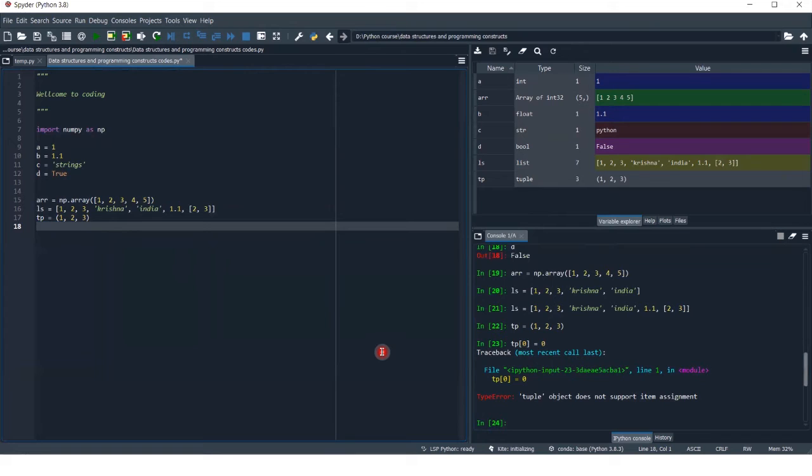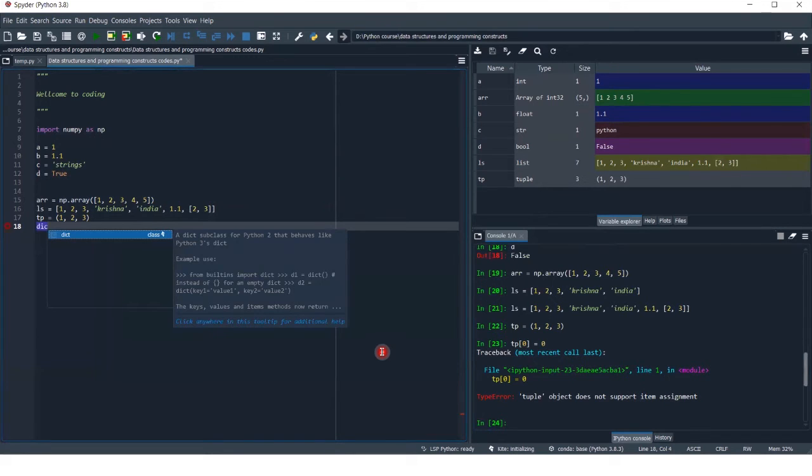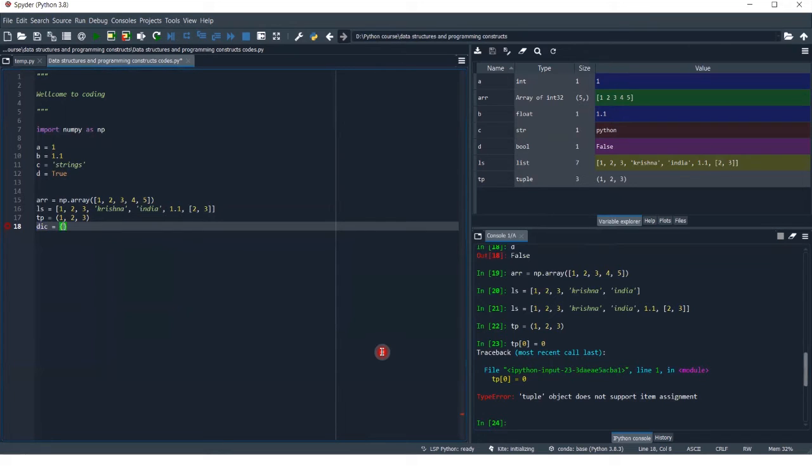So let me delete this, and the next data type is the dictionary. In the dictionary I want to have values like 1 having a name, then the string key hello has the value world as a string.